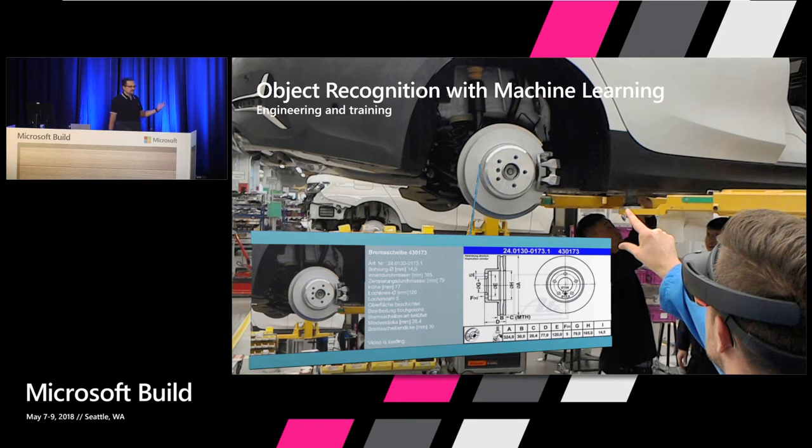Back then, we had to use a backend for the object recognition. Now we can do this on the device, which I'm going to show you in a couple of slides using Windows Machine Learning. And that is always a challenge if you go to those factories, right? Connectivity can be tricky, because there's a lot of communication already in the area. So now that we're able to run it on device is amazing.